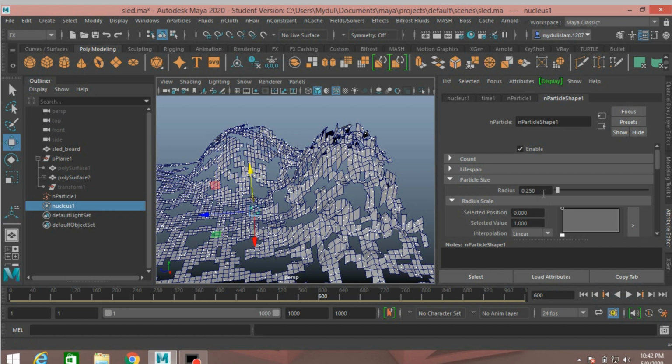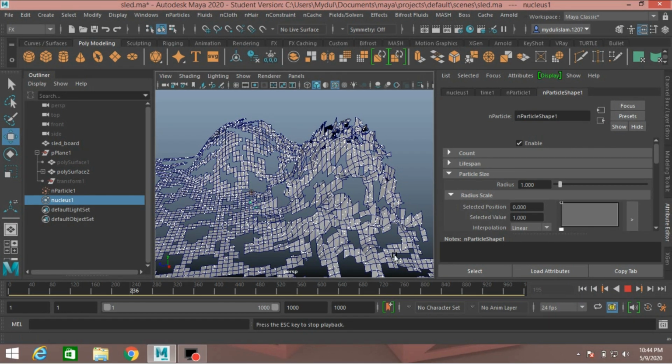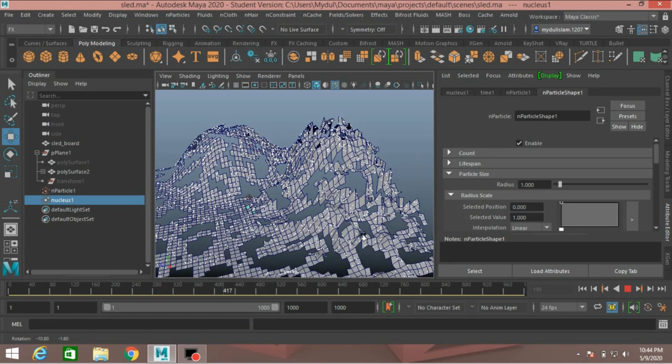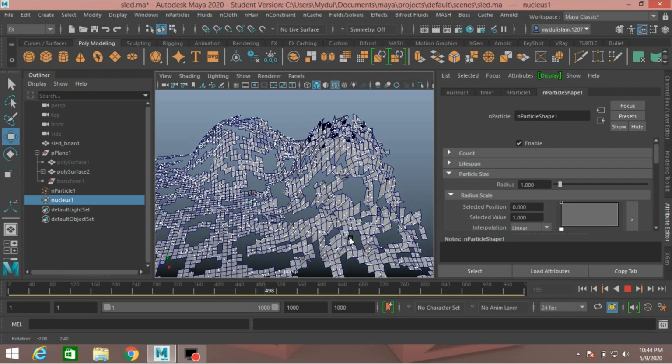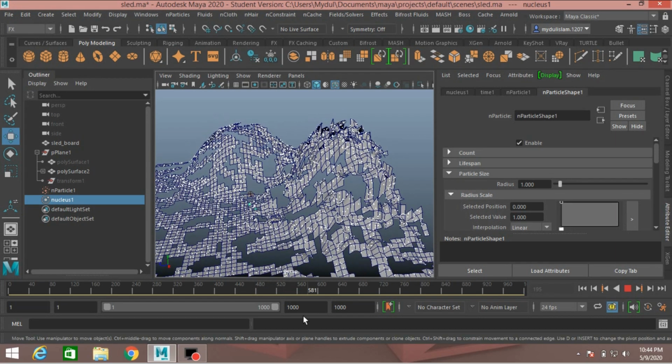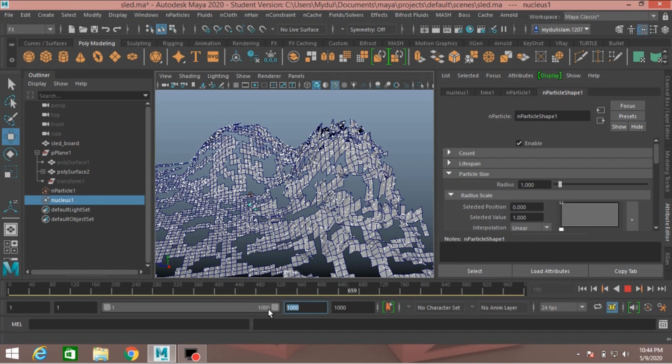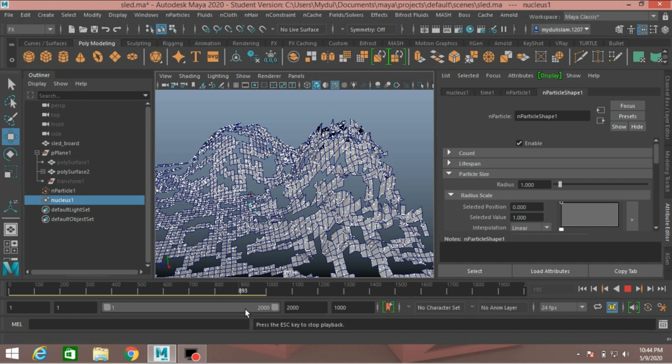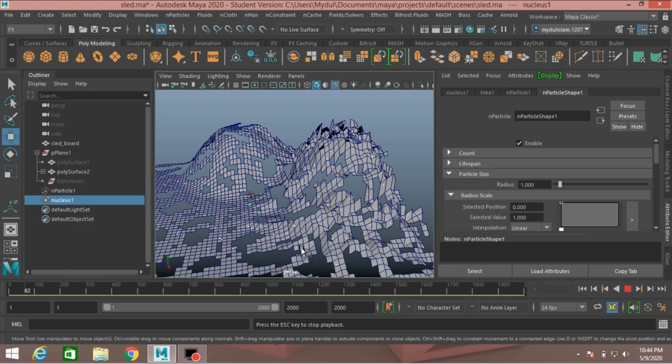Or particle radius, make it 1, press enter, go to frame 1, click play and see. Now see, change the frame to 2000.